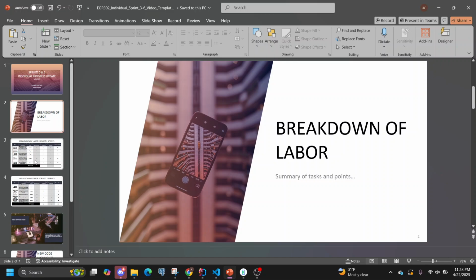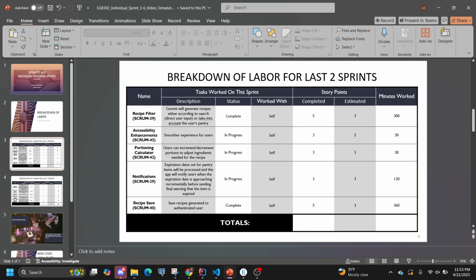So first, breakdown labor. First slide, there's two slides for this one. There's a recipe filter, there's accessibility enhancements, portioning calculator, notifications, and recipe save. The recipe filter was to have Gemini, our